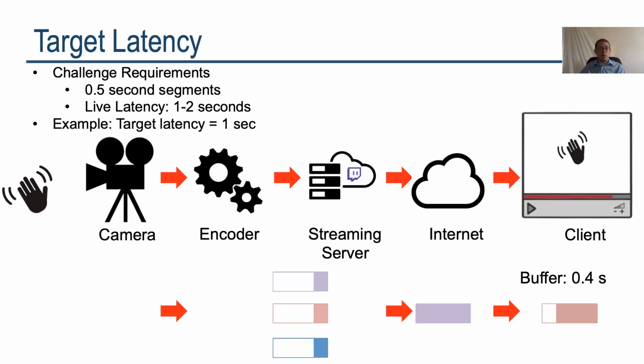Now the encoder and streaming server start sending one of the completed segments to the client player. The buffer in the player has decreased by 0.1 seconds, and the camera has collected 0.1 seconds of the next segment. But we can't send it yet because the segment isn't complete. The segment that's being sent has to arrive before the segment in the buffer is depleted.